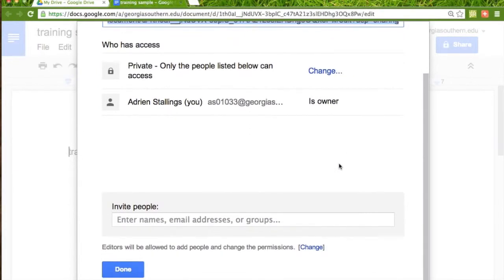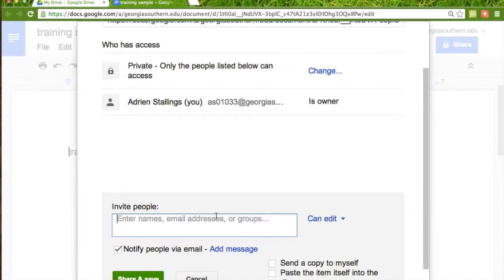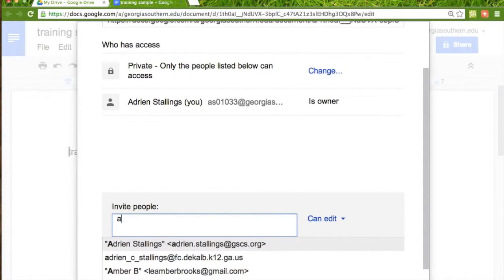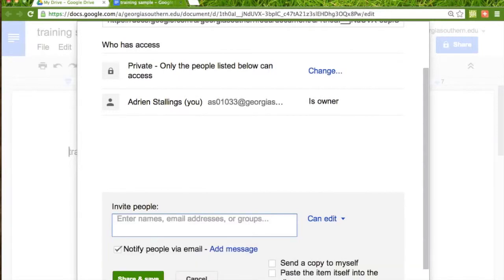So in this pop-up that I have, I'm going to enter the names, email addresses, etc. of anyone that I want to share the document with. If you're sharing the document with someone else in the system, then you really only have to type that person's name or a few letters in their name in order for that name to show up. So if I start by typing my name, notice that there are several Adrian Stallings that appear on the list because these are frequent contacts that I've used. I am going to actually share this with my personal Gmail account,